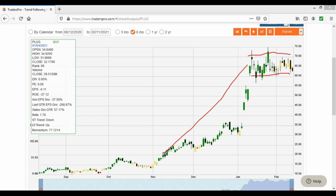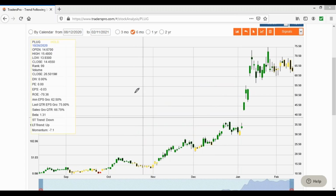Now, do I have to perfectly label everything that happened before? Do I have to find exactly what wave 1, wave 2, wave 3 is back here? Not always, okay? And that's why I personally don't want everyone to be Elliott wave fanatics out there, where they feel like they've got to have a perfect wave count for everything. If you understand these characteristics and these tendencies, and you combine them with some good trade management, money management, that's really all you need. You don't have to have perfect wave counts every time. If I understand that this is a big run up, which is probably some sort of a wave 3, and I'm getting a sideways consolidation, there's a little bit of conflict here,